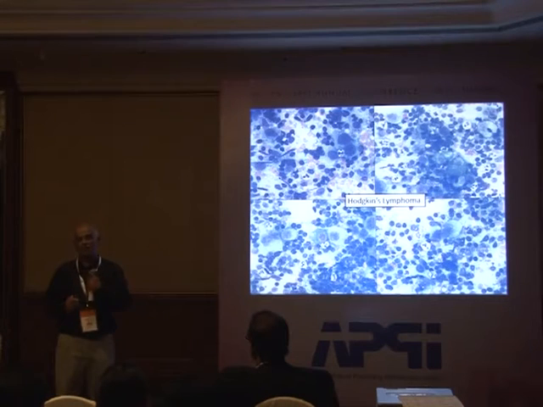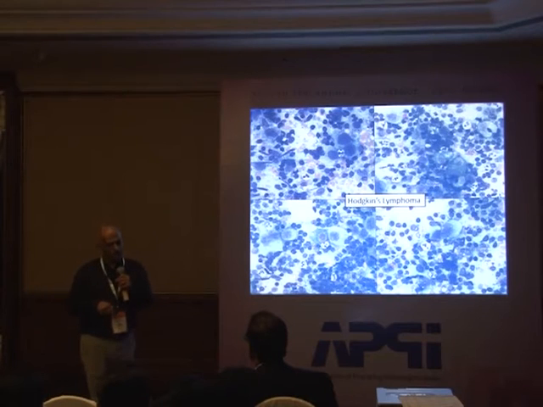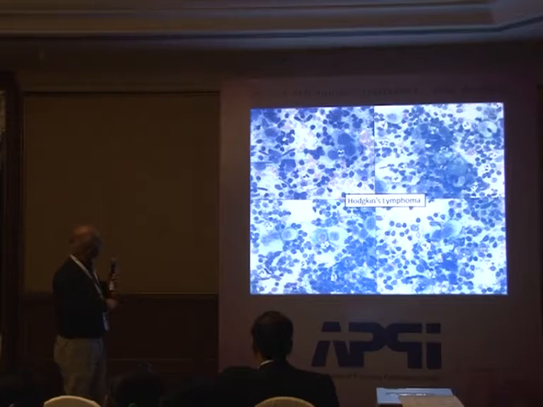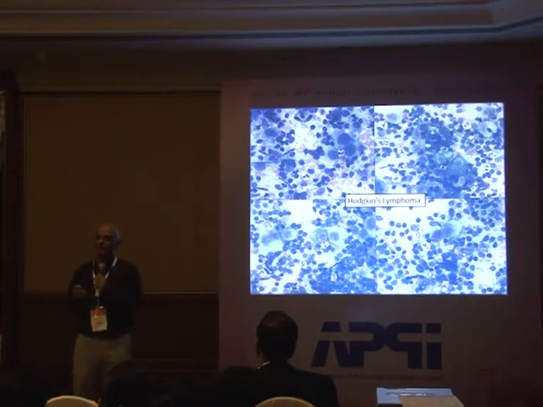Similarly, T-cell lymphomas can mimic Hodgkin's lymphoma. Peripheral T-cell lymphomas can mimic Hodgkin's, both on histology as well as on FNAC. Because peripheral T-cell lymphoma also has a polymorphous background. It has eosinophils, plasma cells. So when you see on FNAC a polymorphous background, neutrophils, eosinophils, you think of Hodgkin's. Even peripheral T-cell lymphoma can give you the same picture.